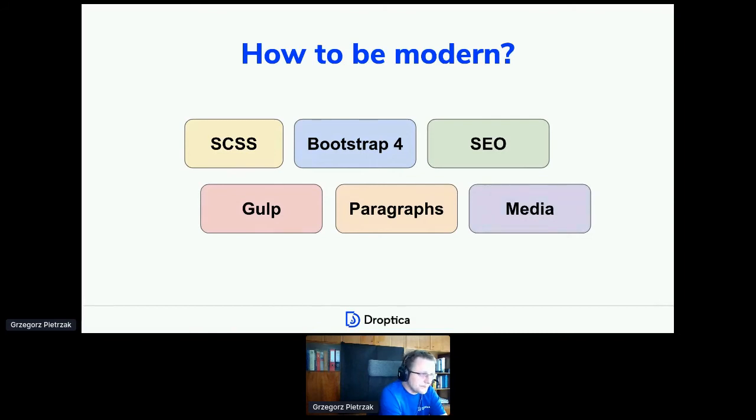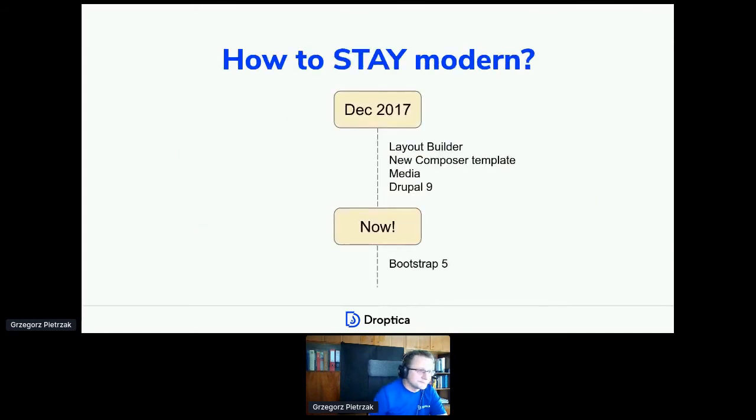So we are still chasing those news in the Drupal and web world. And actually, since we started, a lot of things changed. We had layout builder in Drupal. We had this new Composer template. We had media support, which I mentioned. We have Drupal 9. About the layout builder, Droopler works without issues with layout builder, but in the next versions